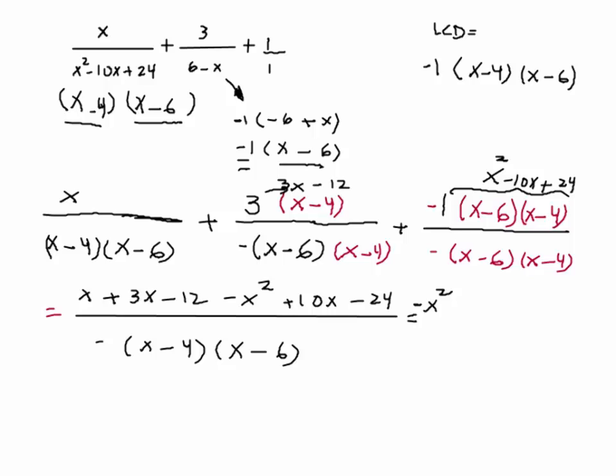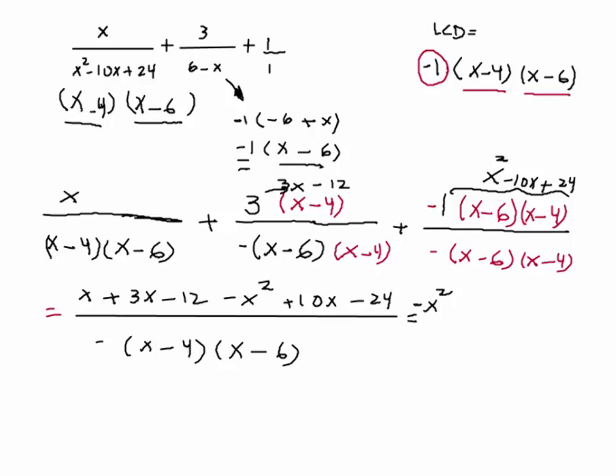The LCD here is not quite right then, is it? Because we do need to multiply. We're missing a minus here somewhere in the first term. So we establish the LCD is minus 1 times x minus 4 times x minus 6. Everybody see that? We do have an LCD here for the second